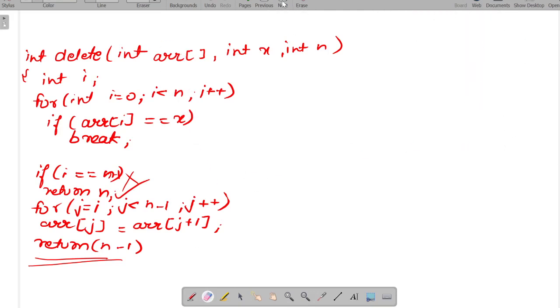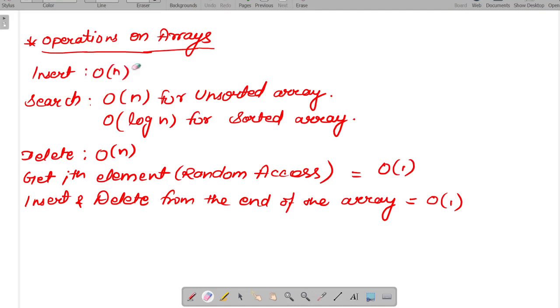Moving on to the next slide now. So let's see the different kinds of operations which we have seen so far. What will be the time complexity of each operation? We can see that insertion will take big O of n, because in the worst case we know that